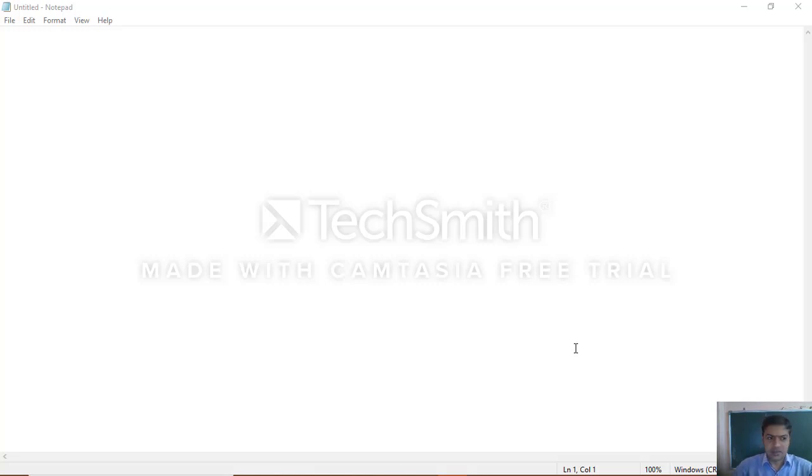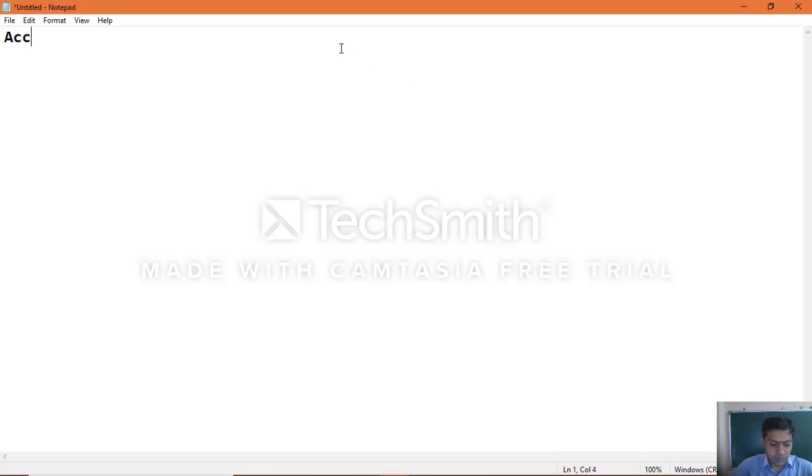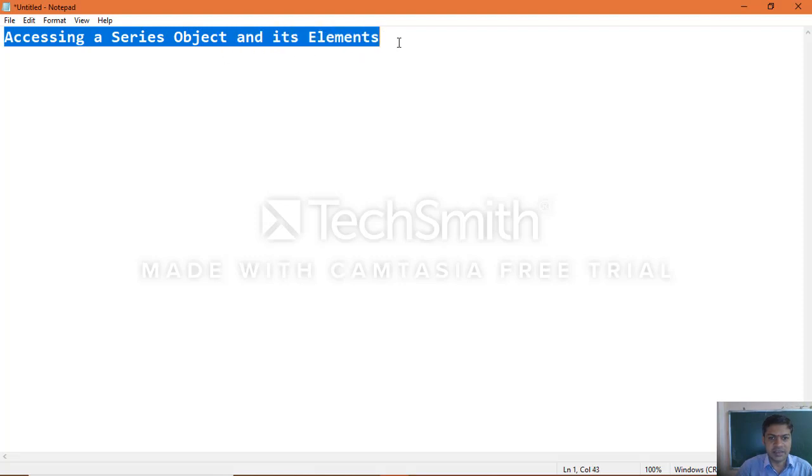The concept we are going to see in today's session is accessing a series object and its elements.